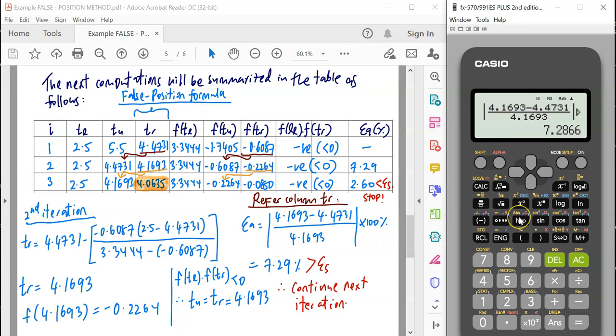So this is how we calculate approximate percent relative error, and to ensure the value is positive, use this absolute function here. I hope that you gain something from my discussion and you can explore by yourself how to use your scientific calculator in a smart way, because in numerical methods it is very important. It's not only that you know how to use the algorithm and how to calculate, but you must efficiently use your scientific calculator also. And the most important thing, please be careful. Try to avoid careless mistakes.